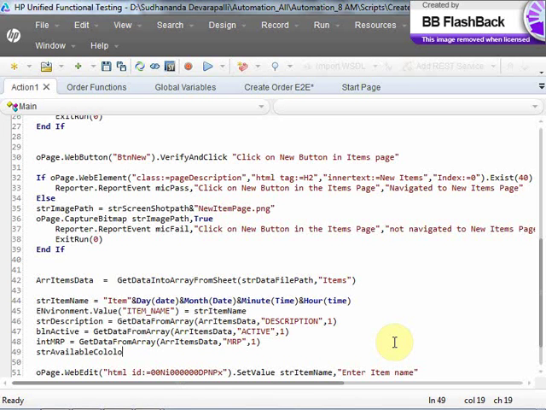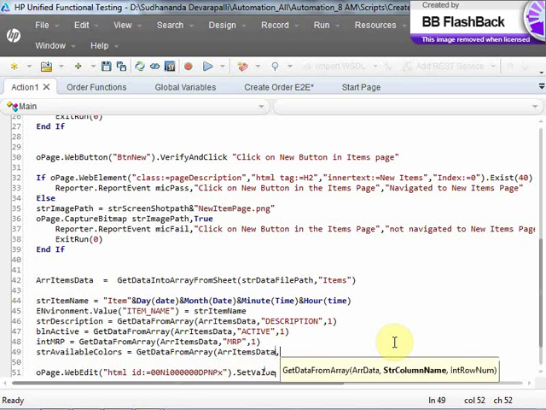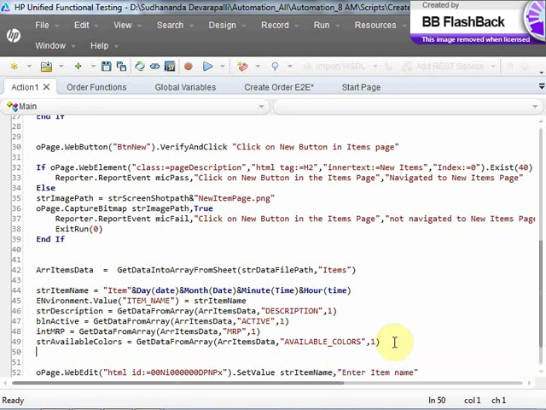Available colors equals get data from array, then arr items data, comma, I think we have used underscore in between, comma, 1. Then one more we have stored, category, right? We have used category also. Then get data from